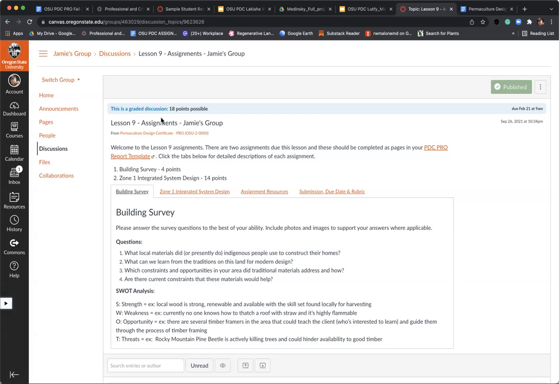Okay. So yes, lesson 9. It's amazing how quickly the course goes, even with a 20-week program. So you've all been doing some really nice work, and definitely looking forward to seeing what you come up with for your zone 1 design. But with lesson number 9, as you can see, we have 2 different components, and it's a building survey, which is worth 4 points. And then we're looking at zone 1 integrated system design for 14. So you can certainly see where you will most likely put most of your energy is into that zone 1